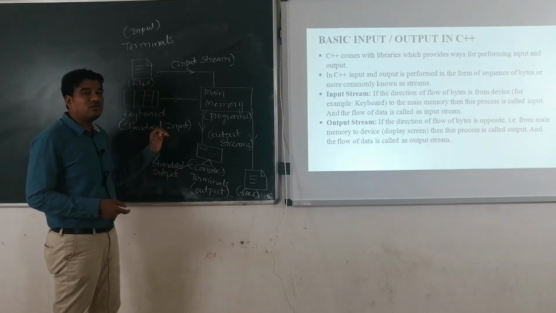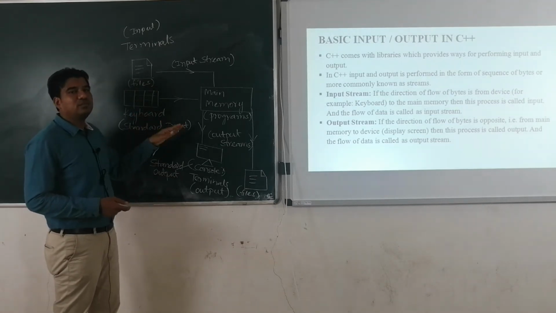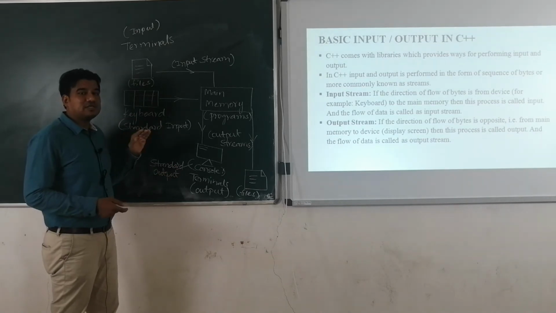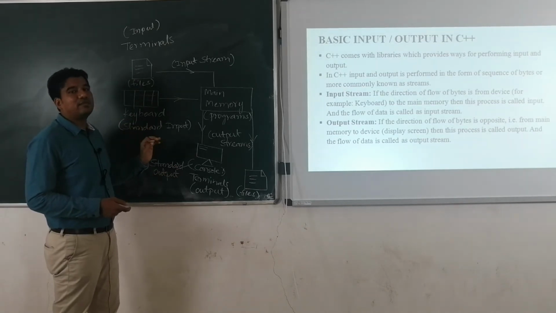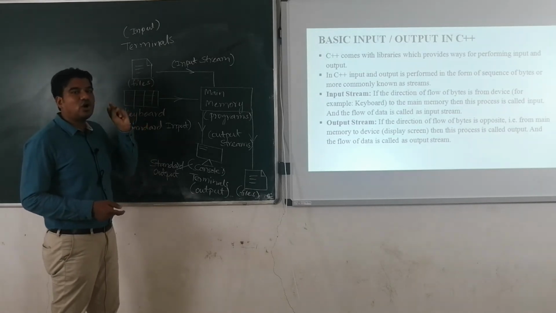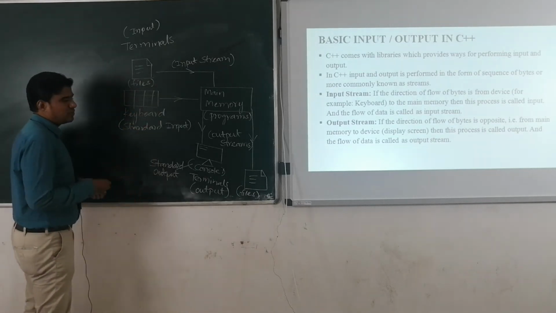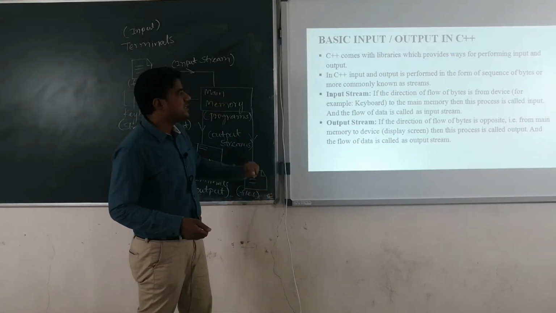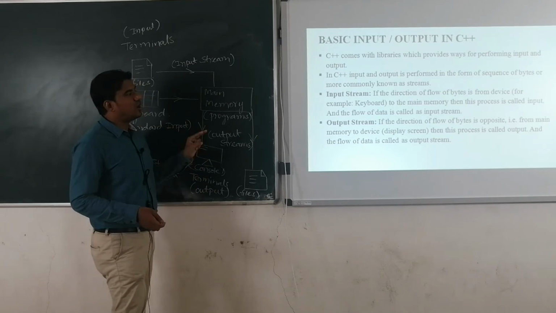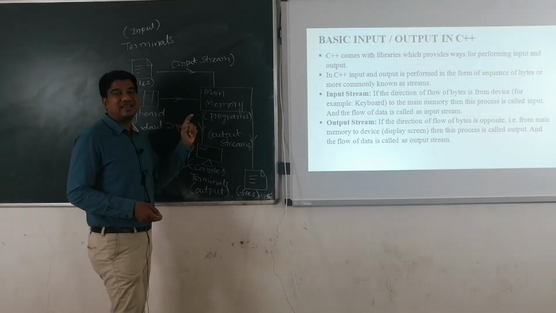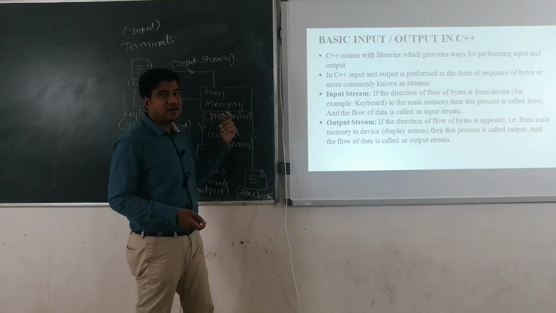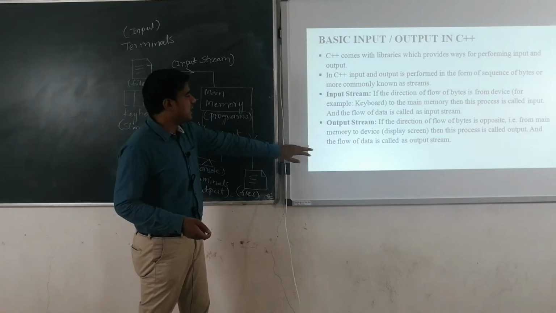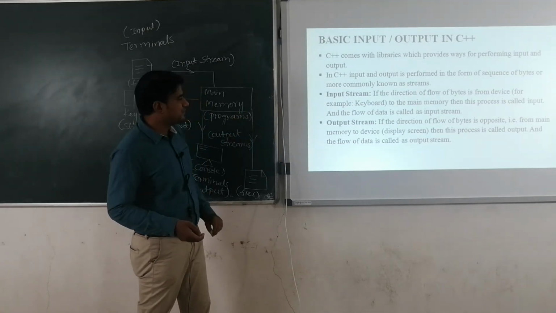In that same way, in order to perform input and output, as I said, C++ is object-oriented programming. We are going to use two basic objects, or two standard objects we can say. Those two standard objects are nothing but cin and cout. Along with that, we use another object, cerr, to display the error message. Quickly we'll see that one.